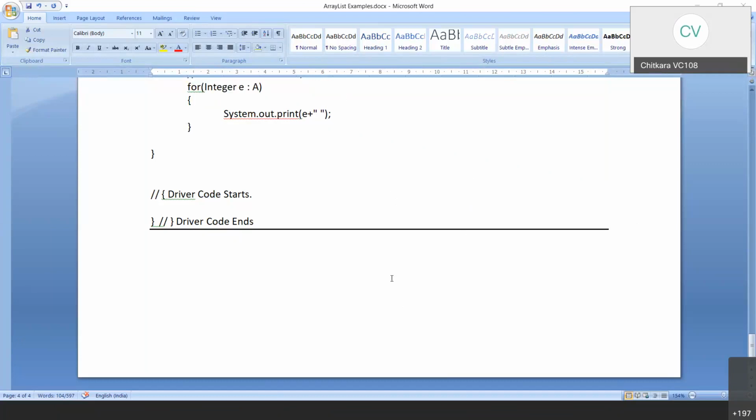If you look at this particular line, ArrayList of Integer answer is equal to fillArrayList arr comma n. What it says is that your job is to write the code for fillArrayList. The fillArrayList is going to take two parameters, an array and the n.